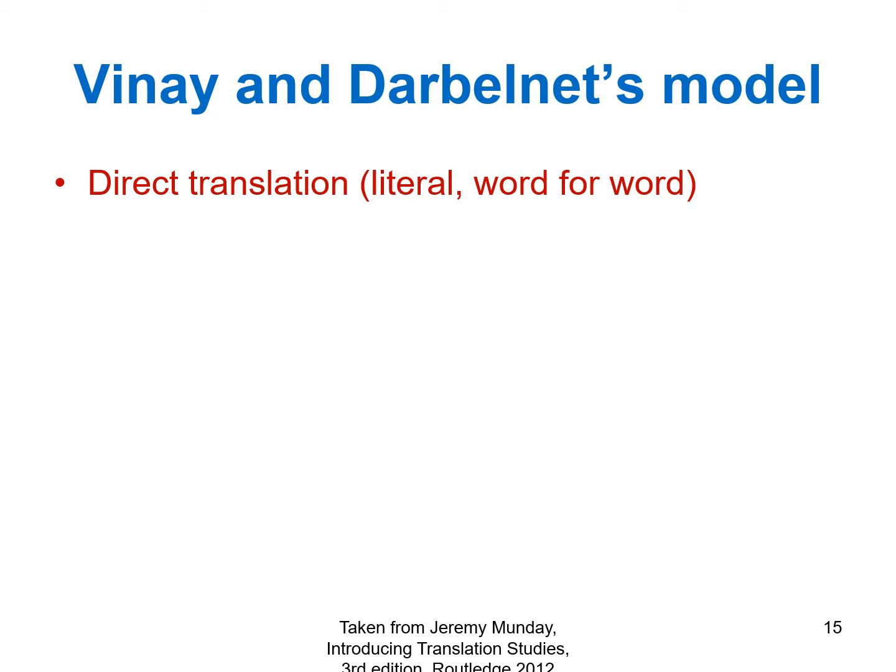So formal and semantic literality, and that would naturally be the first option available to the translator. According to Vinay and Darbelnet, according to their model, you would try to translate directly or literally if you can. In this direct translation, they single out the following